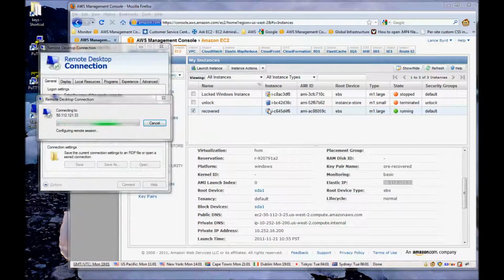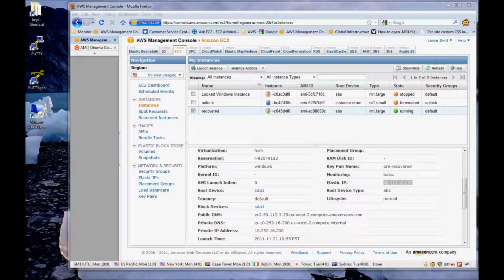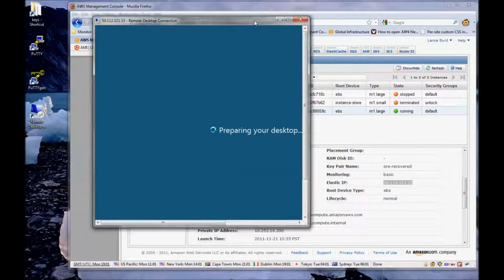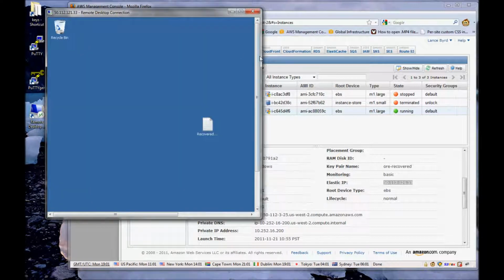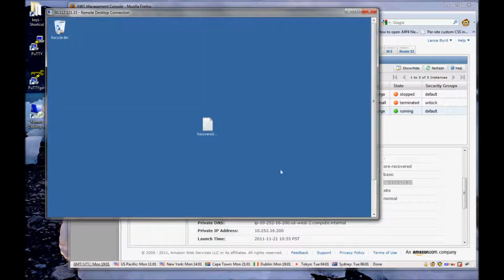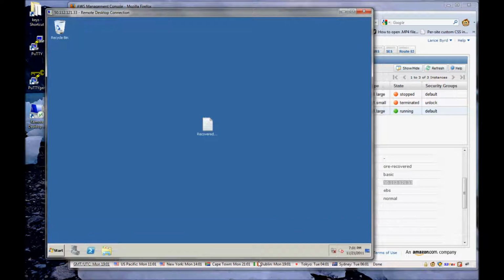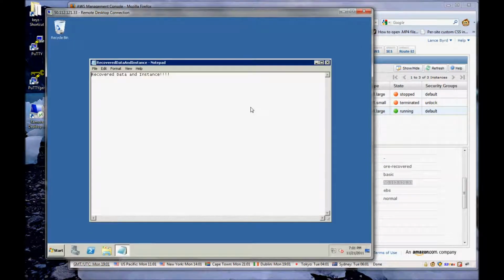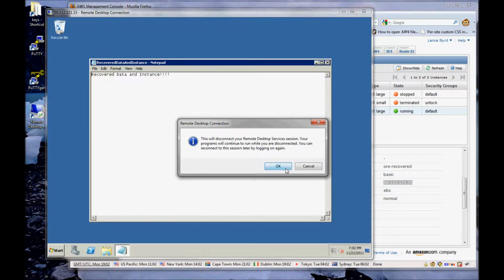And we have now regained access to all the data and everything that old instance had in our replacement instance. So now we've recovered our data and the instance by changing the password. And I hope this process is